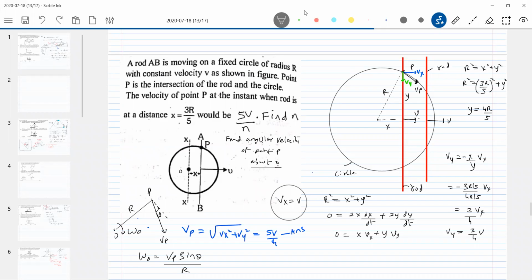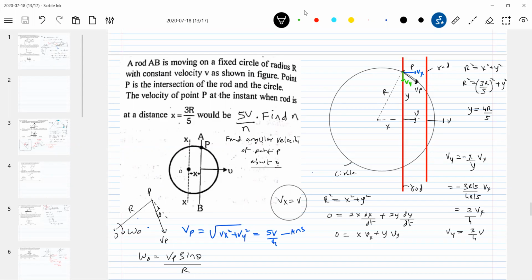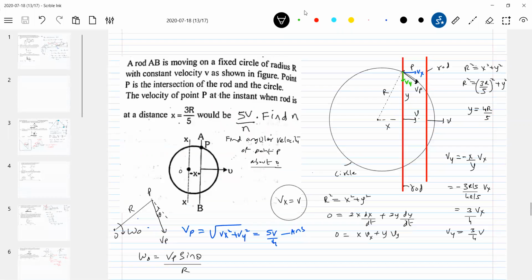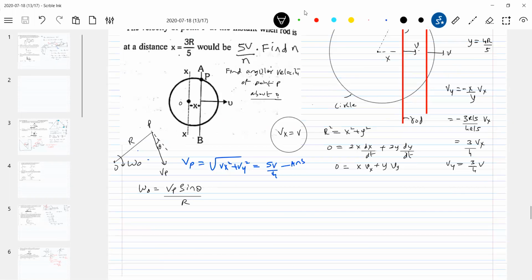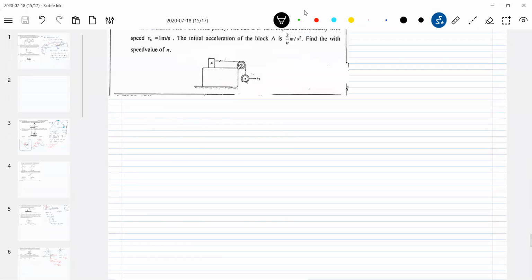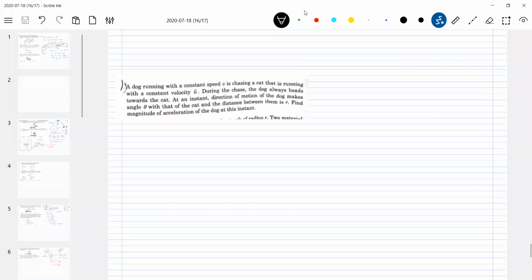So I'll give one more example of this kind. Sir, is the rod always moving parallel? Yeah, it's given, no? I gave the direction of the velocity also. Similarly, if it is always moving parallel, then Vp will be tangential to the circle, and then the angle will always be 90. Yes, you have to verify that one. That's why I left it to the students.